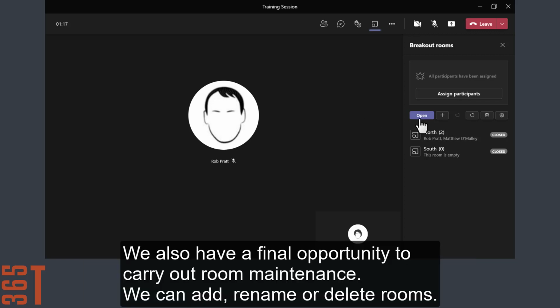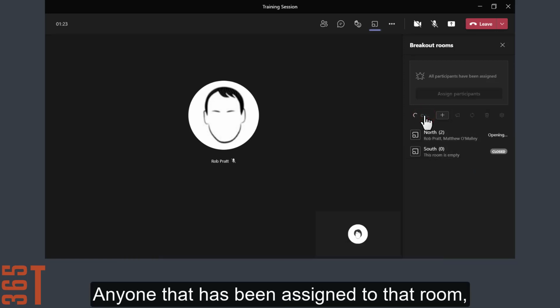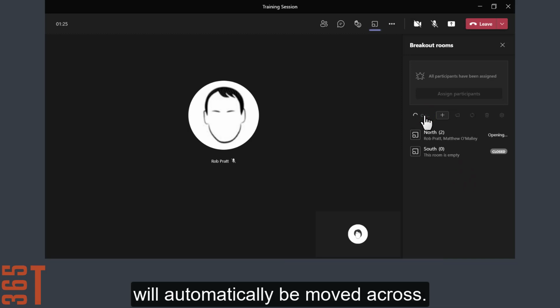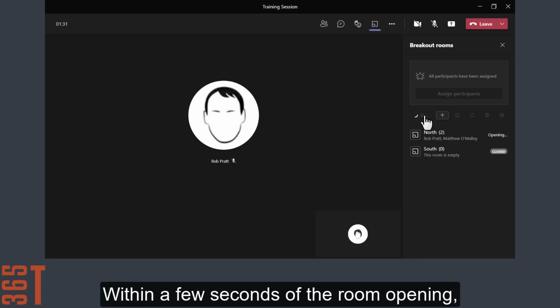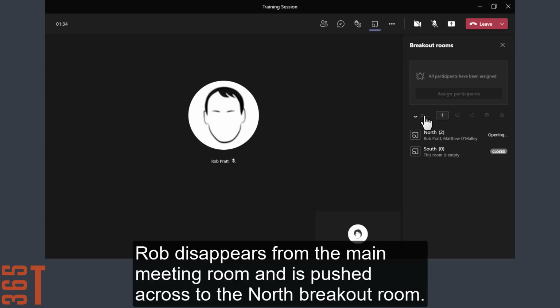We also have a final opportunity to carry out room maintenance. We can add, rename or delete rooms. Anyone that's been assigned to that room will automatically be moved across. In this example, we can see Rob is assigned as an attendee. Within a few seconds of the room opening, Rob disappears from the main meeting room and is pushed across to